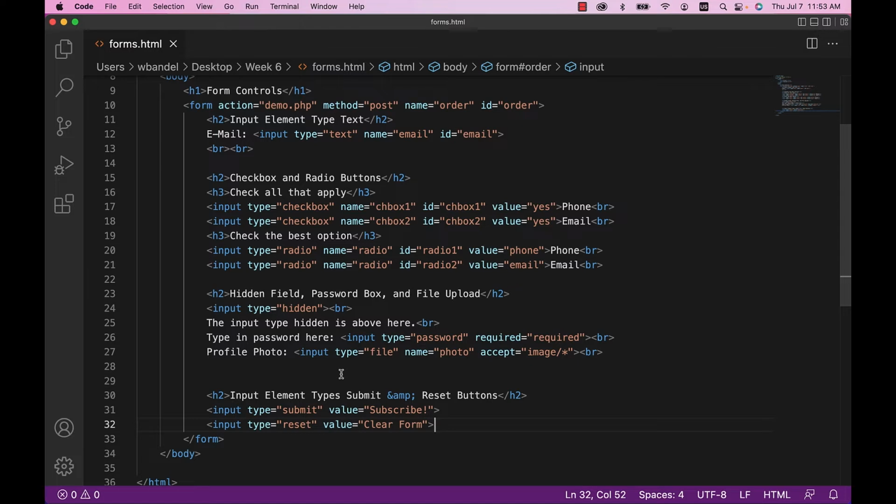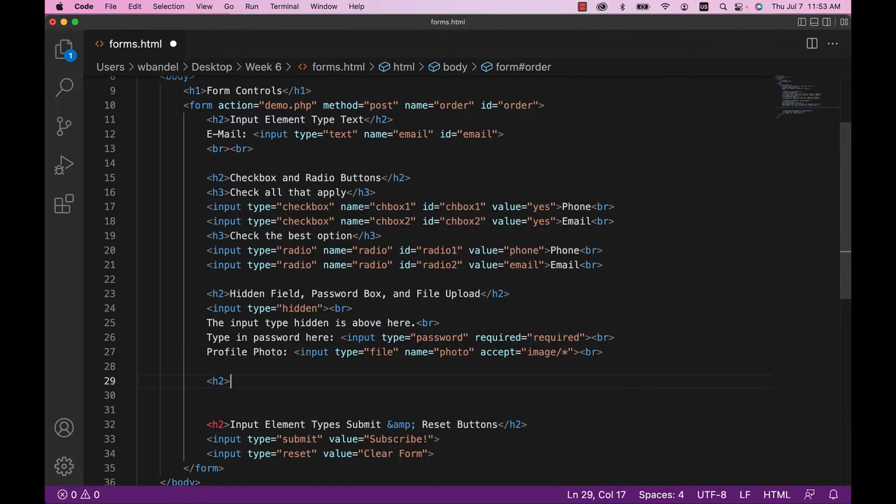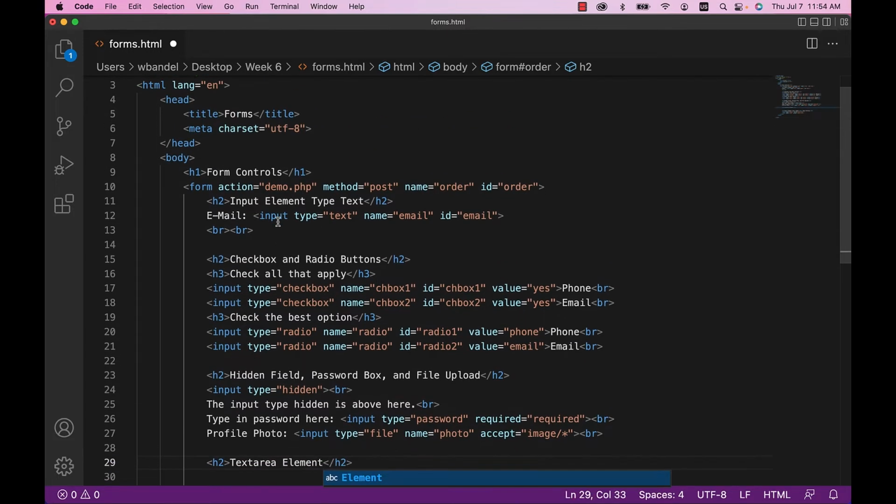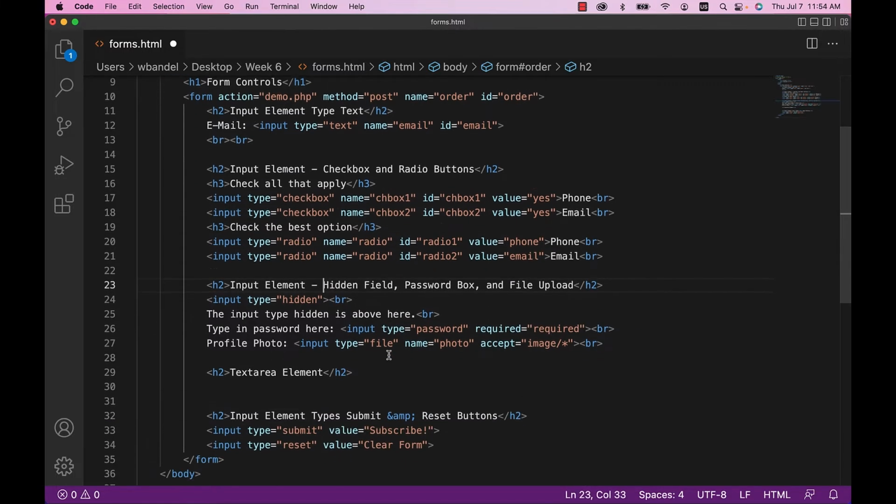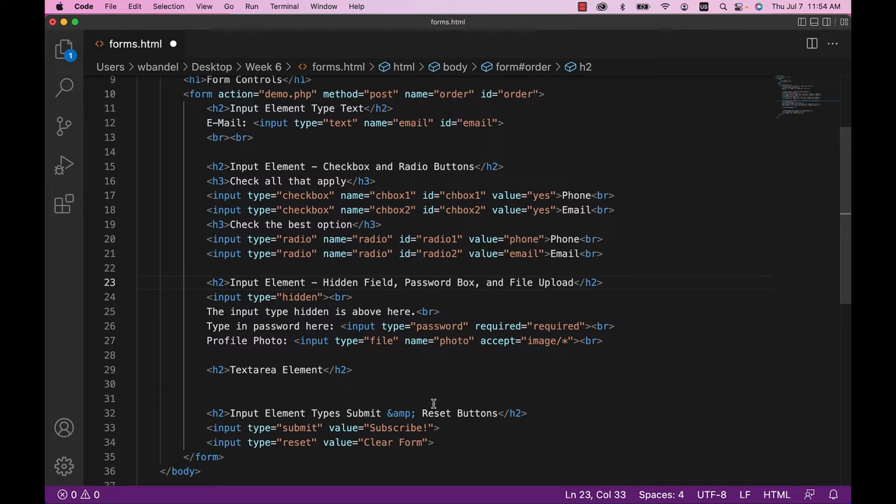Now text area is going to put us back at having opening and closing tags. So I'm going to put in h2 text area element. And actually, sorry, I should have said, so I was putting input element type text. This would also be input element, and then it's checkbox and radio buttons. I'll just put a hyphen there. And then this is also input element, hidden field, password box, file upload. This one is input element types. So this one is not that input element. It's going to be text